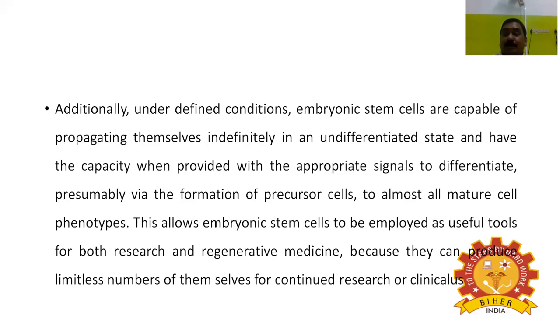The stem cells can be used to treat various genetic disorders. That is called regenerative medicine or reparative medicine or stem cell based therapies. So is it possible to cure a cancer with the help of stem cells? Yes, absolutely. Stem cells have the ability to cure or to treat many different types of human illnesses, diseases or disorders. How? We'll see one by one.